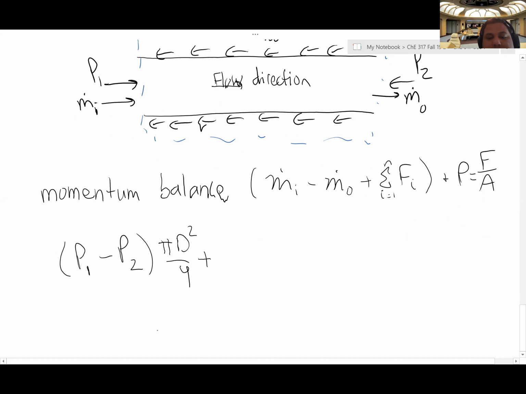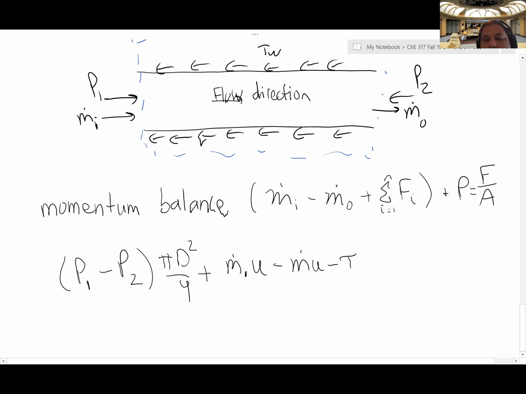plus the mass in times the velocity, minus the mass flow rate out times the velocity, minus the shear stress, which is happening at the wall, times the area, because it's just like a pressure, it's a force acted upon an area. But for shear stress, the area on which it acts is different. It's primarily acting on the surface of the pipe, which in this instance would be pi times the diameter times the length element of the pipe,